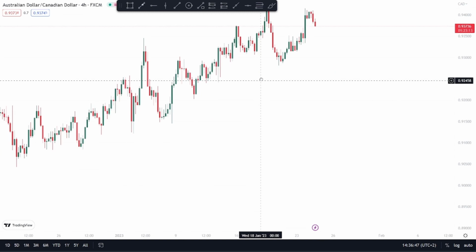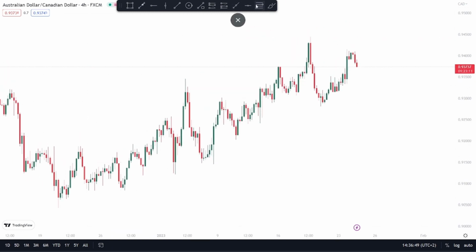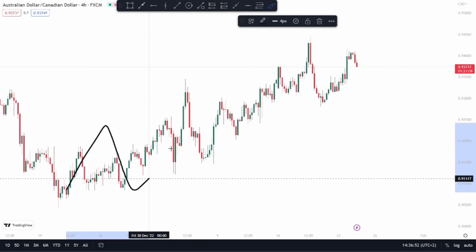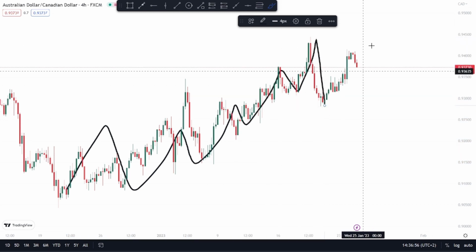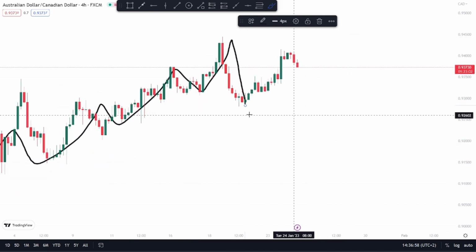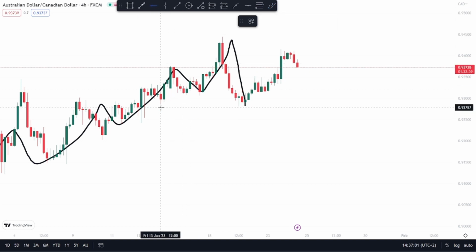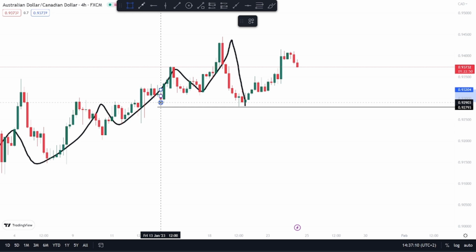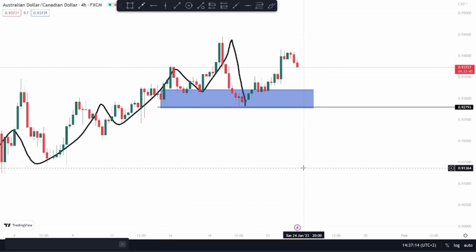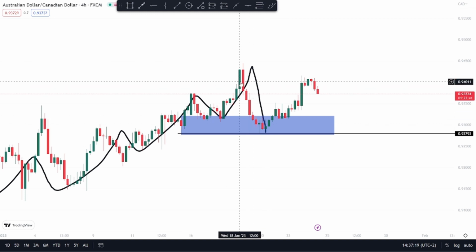So when we're looking at this, we can clearly see that this is a nice uptrend moving all the way to the upside. The market is making higher highs and higher lows, pushing all the way to the upside, and it actually came to this level right here. And what we see is that the market came to a nice order block right here. This is where you would start marking your order block from wick to wick, stretching it out like that and waiting for the market to come to this level right here